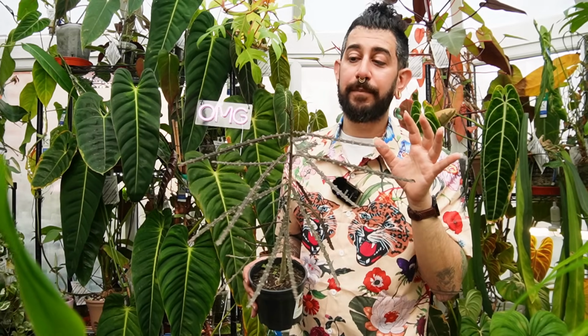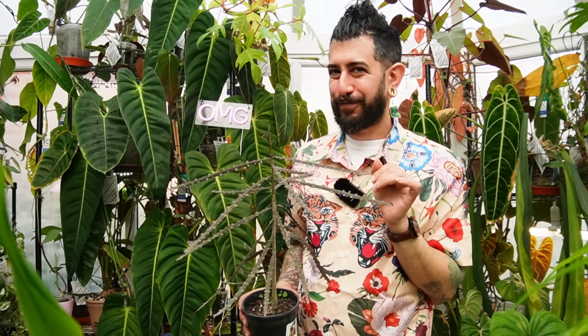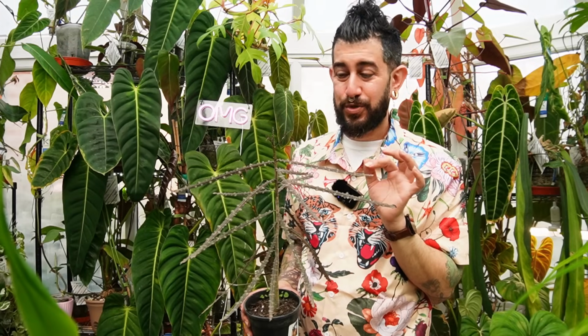I am going to put it back because I am also just realizing that this came with little friends from the garden centre, and I do not want them spending any more time than absolutely necessary in here. This has got aphids on it, and I am not dealing with an aphid infestation in here if I can help it. But yes, that was a bit of a quick, frenetic update,